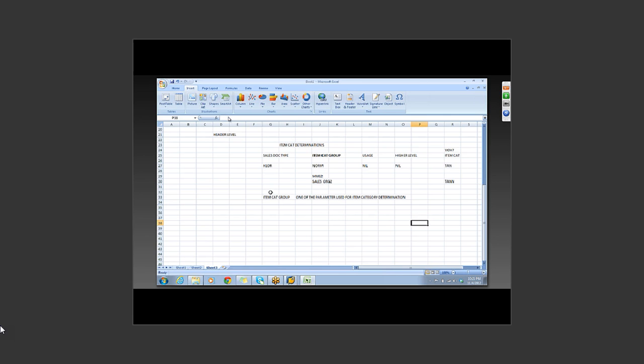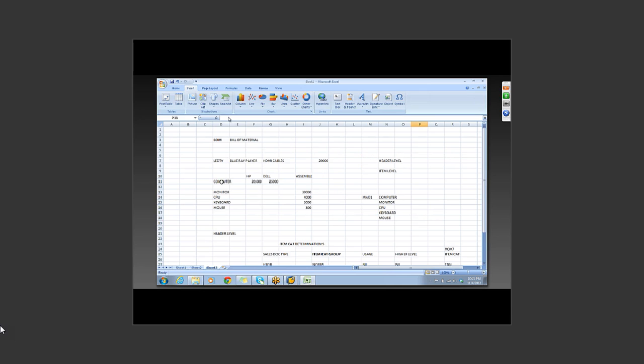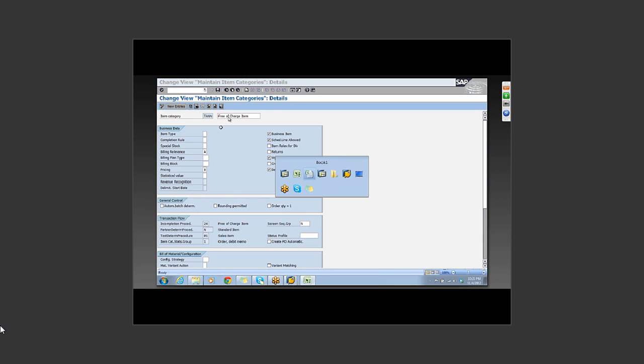So for your header level BOM, you need to change for that material. For computer, I'm going to charge. For the rest of the components, I'm not going to charge it. And my price will be 20,000, for example. So for that computer, I'm maintaining